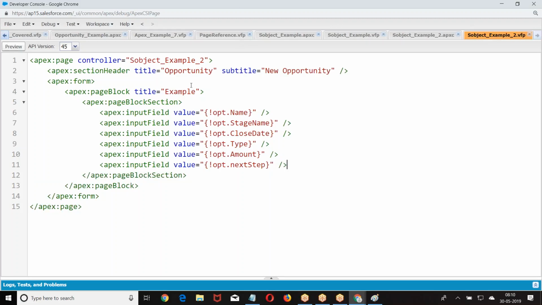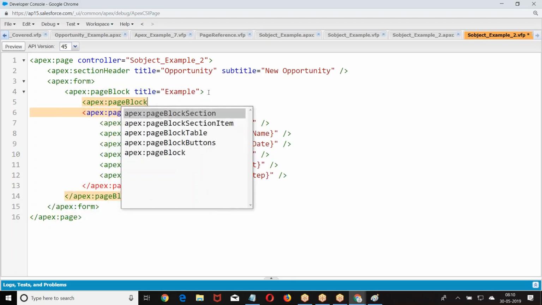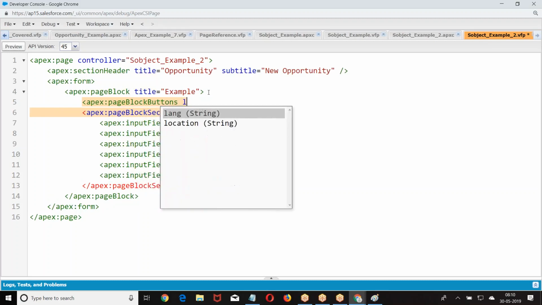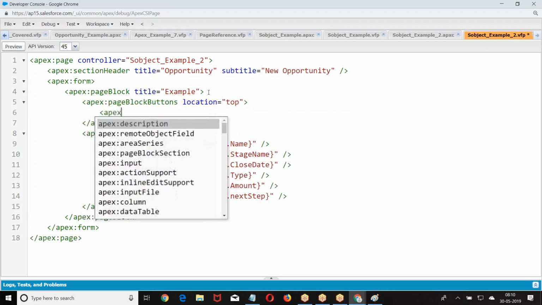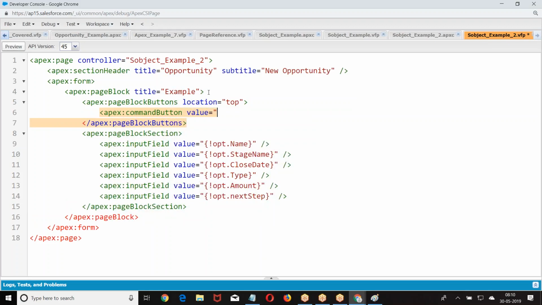Now on top of it, what I was supposed to do? Buttons. Action.